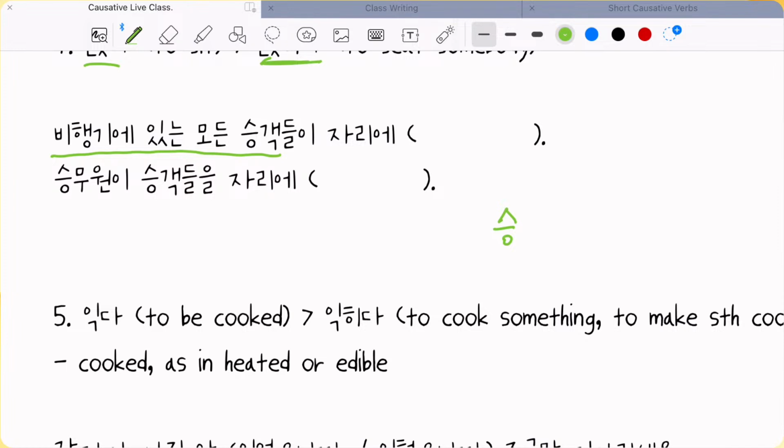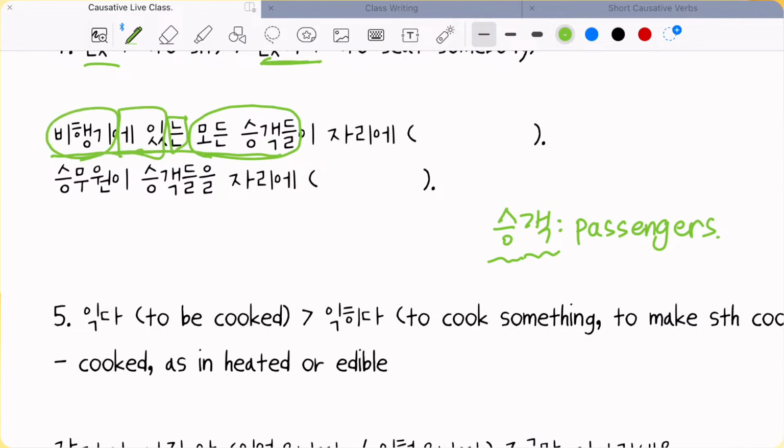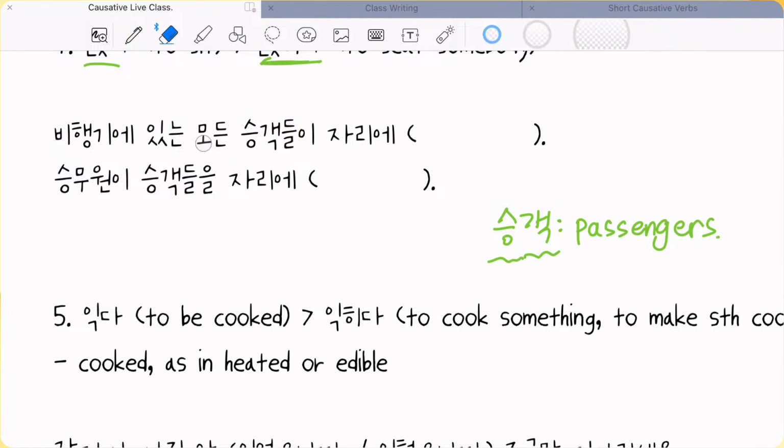It means of transportation. And 객 is a guest or a client or customer. So customer in a public transportation are always passengers, right? So 승객 means passengers. So all passengers, 모든 승객들 that are in or on the plane,